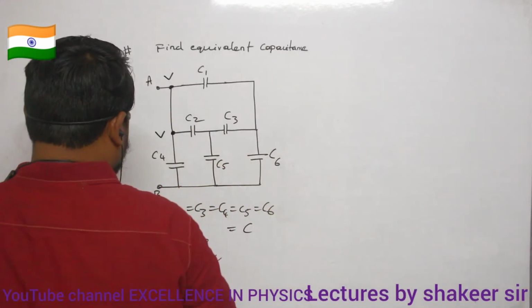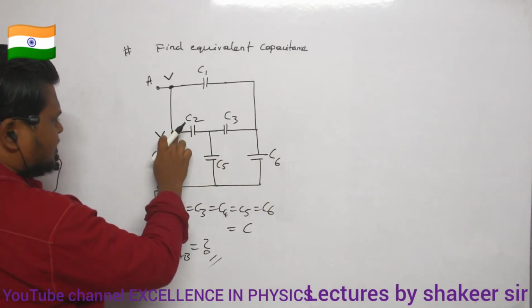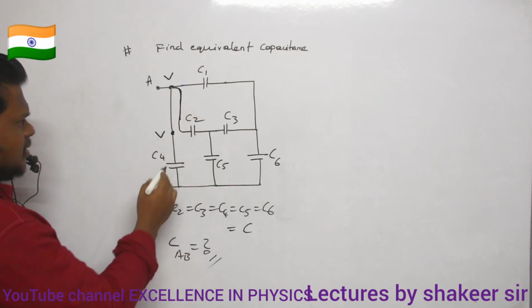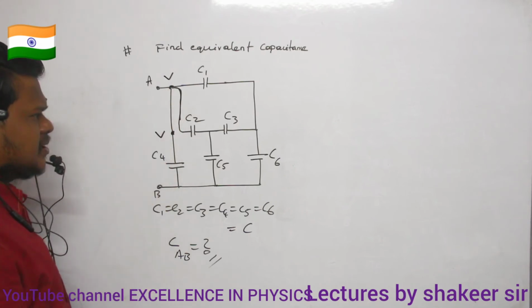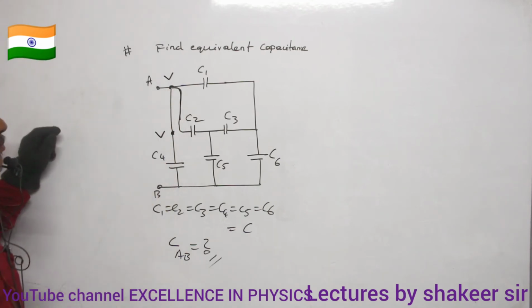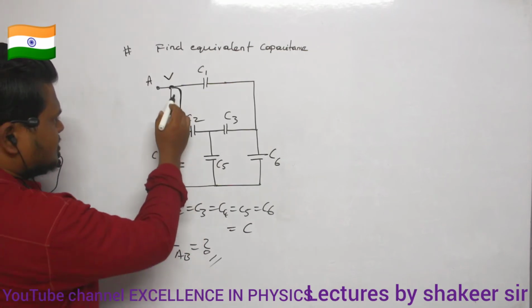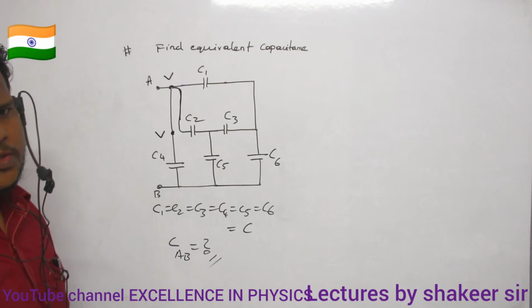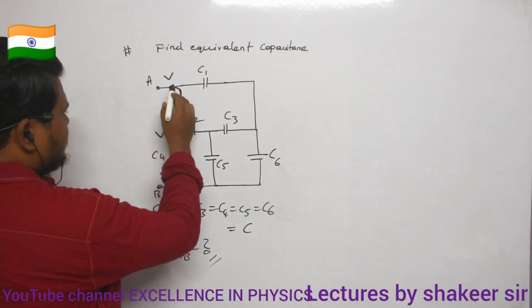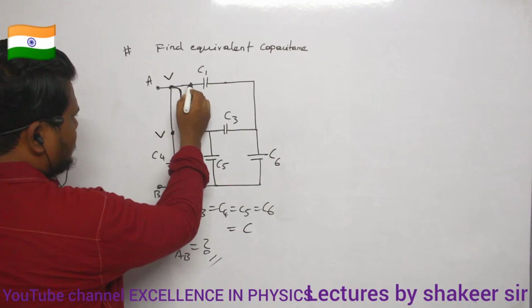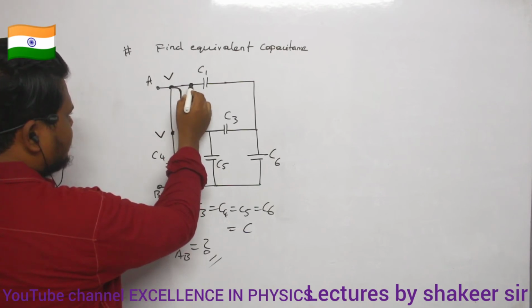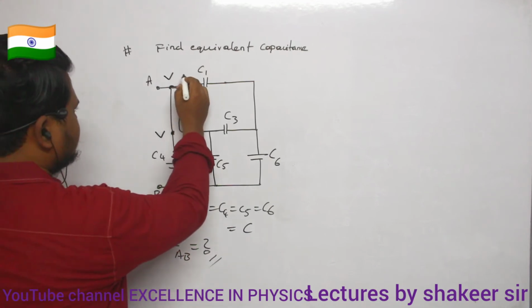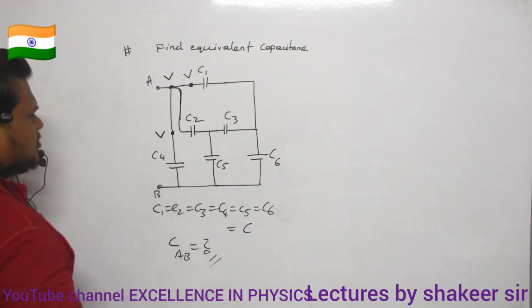Clear? So therefore what I can do is, can I take this point and rejoin it here? Will anything happen? I will take this one and rejoin here. Is there any change which is going to happen? No change will happen. Okay. Similarly, this point and this point. If here the potential is V, can you say what the potential is here? V only, definitely. That's all. If here the potential is V, here also the potential is V only.